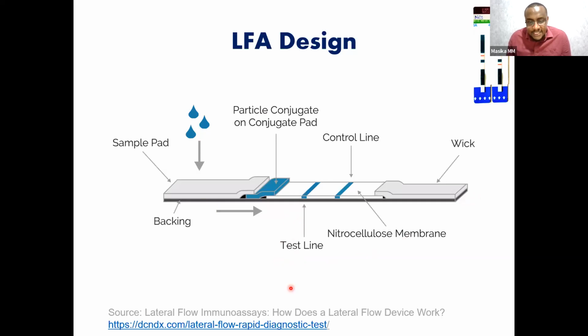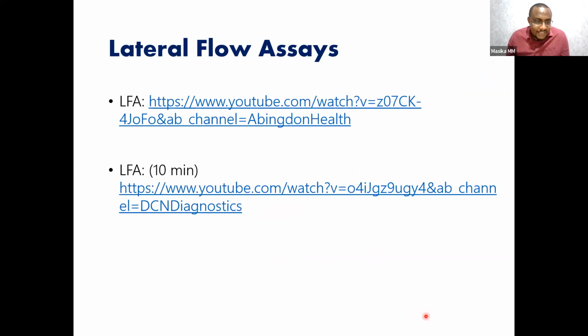What you need to decide is which protein. If you want an antigen, how do you get that antigen? If you want an antibody, how do you produce that antibody? And I encourage you today to look at how to produce monoclonal antibodies and how to produce antigens for pathogens. Okay, so maybe there's a video we can look at